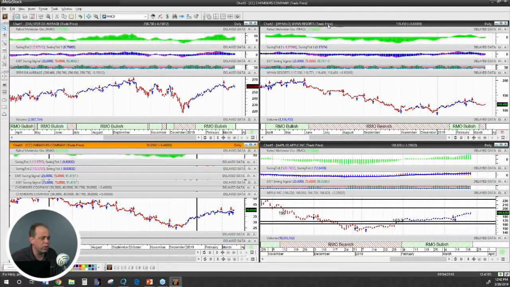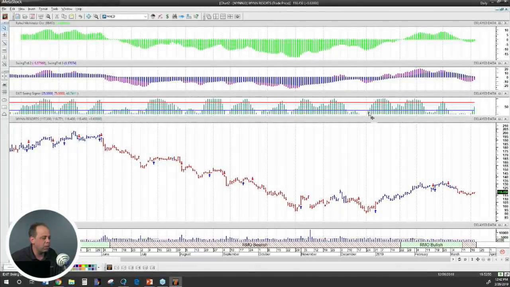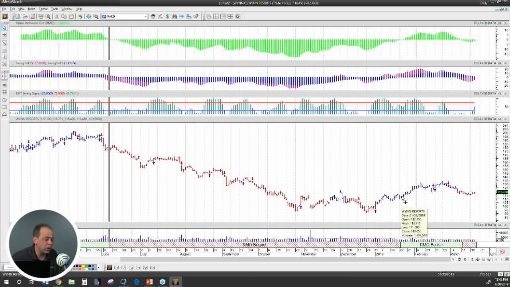So this is Wynn Resorts, okay? And we'll look at that from a long-term view as well. We're just going to do the same thing. It was bearish from right about here, long-term again, 176, all the way down to, at the low, 92. Again, it's a stock that almost halved in value, okay? It wouldn't have gone bullish again until 113.